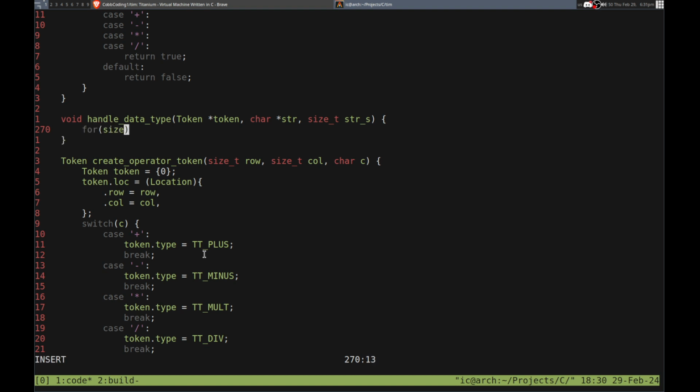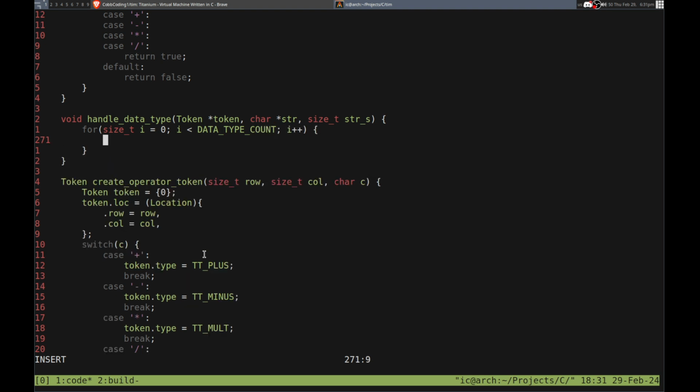Okay. So we can move over the token, right? I equals 0, I is less than, so we don't have that yet. I'm going to have to define it. Give me 1 second. Okay, sorry about that. So while it is less than the token count, or type count, data type count. I just want to make sure it's clear, right? And this will probably actually be data type count, so it is going to be a macro. So iterate over that, and then